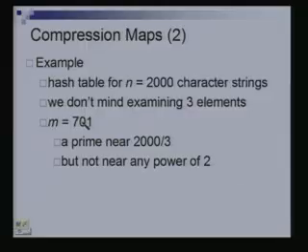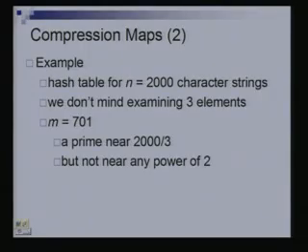In my chaining, when I have the linked list, I would have a linked list of length only roughly 3. One important thing also is that it is observed that one should not pick the size of the hash table close to a power of 2, because the same kind of effects start happening as when the size of the hash table is exactly a power of 2. So if you are going to be using that kind of a compression map, which is just key mod m, then keep in mind that your m should definitely not be a power of 2 or even close to a power of 2, and it should preferably be a prime number.